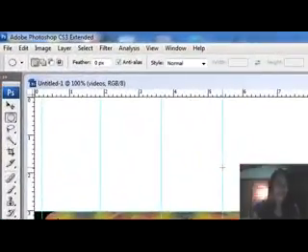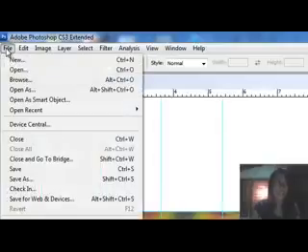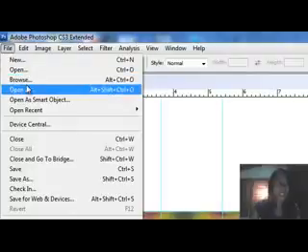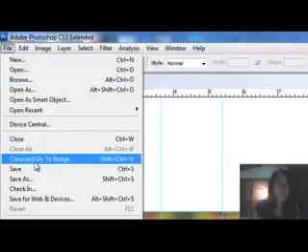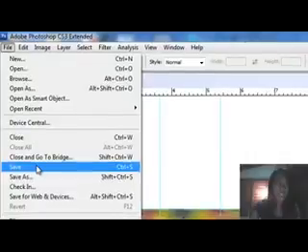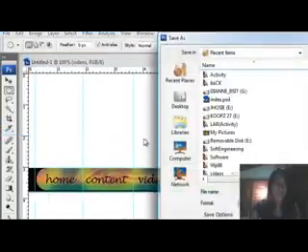Then before I'm going to crop this navigator, I'm going to save this file as the index for our navigator, for our website. I will choose the file from the menu. Just click file and then choose save.